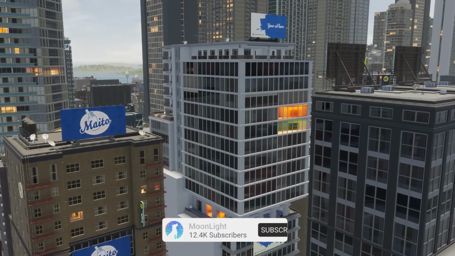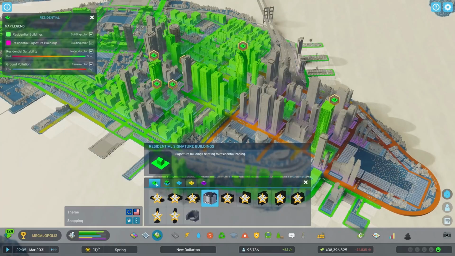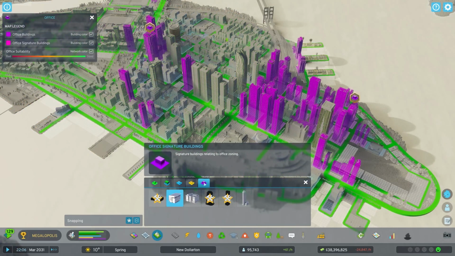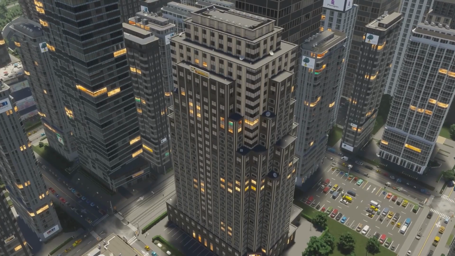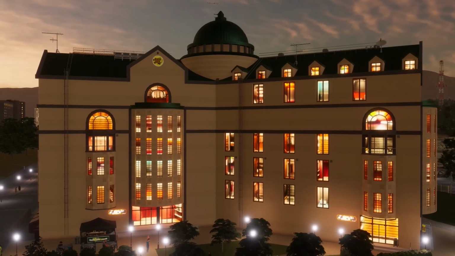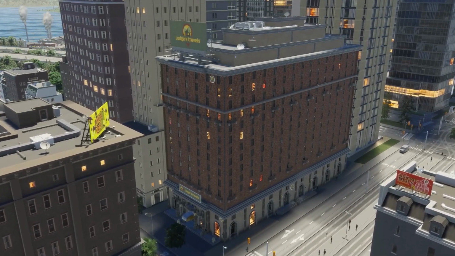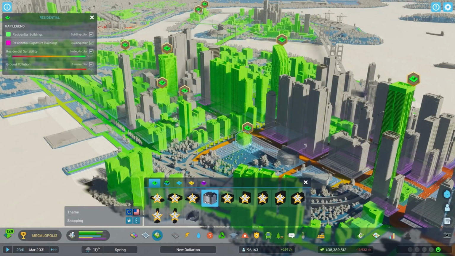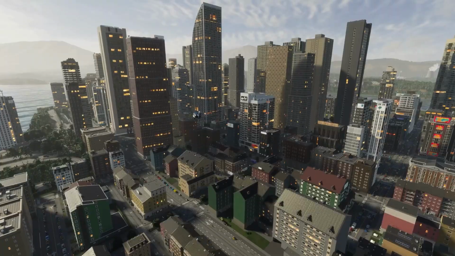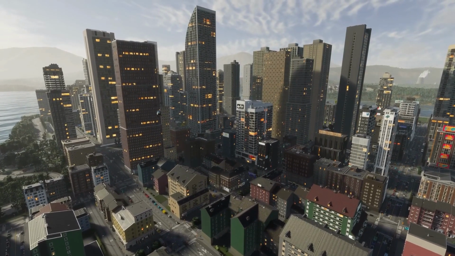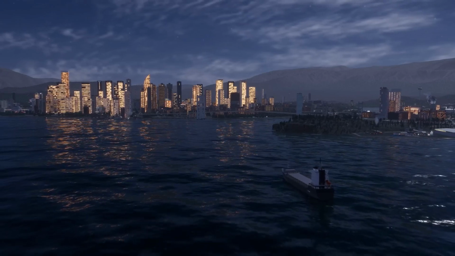What's so special about signature buildings? Well, they function like any zoned building. A home for people, a warehouse for industry, an office for workers. But they can elevate the neighborhood in unique ways. Signature buildings can also bring citywide benefits. Zone and place your signature buildings carefully so each city district flourishes and plays its part in the success of the whole city. Life's rich tapestry has never been